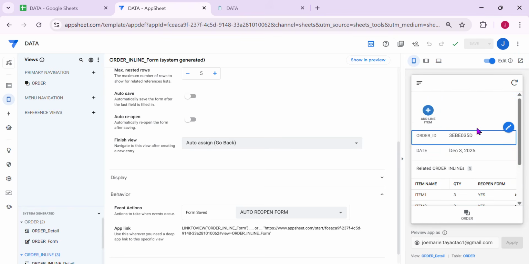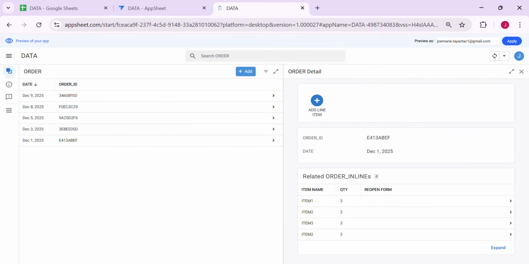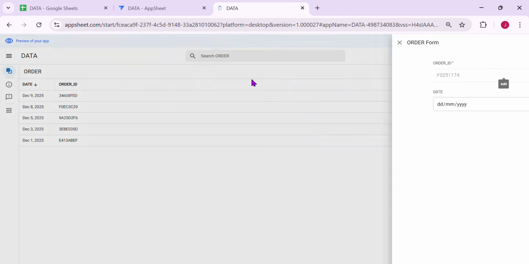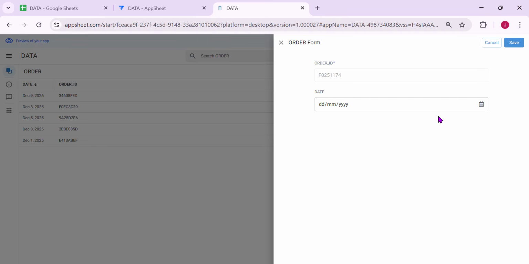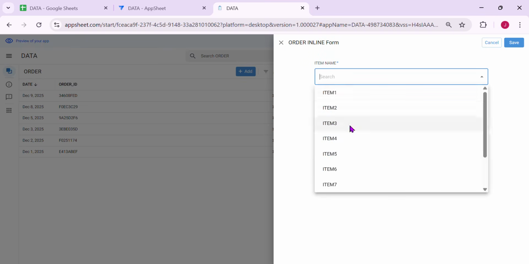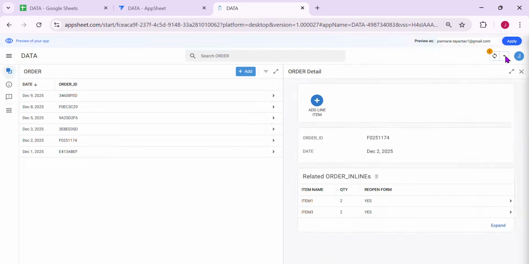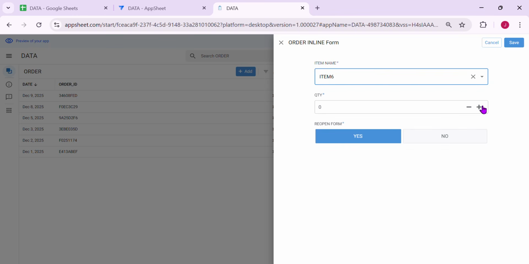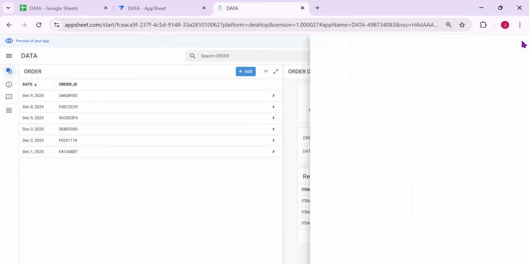Alright, so the same goes with desktop. It will be applicable as well, but on desktop we do need those questions, which is auto reopen form, since my app is used on both desktop and mobile. So I need to apply this setup, which is, I have a questionnaire, auto reopen form, yes or no. So let's try the same thing. Okay, so let's say the third item, I don't want to reopen the form, so I click no and it goes